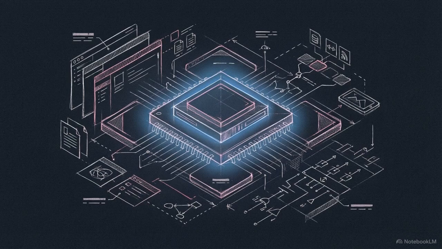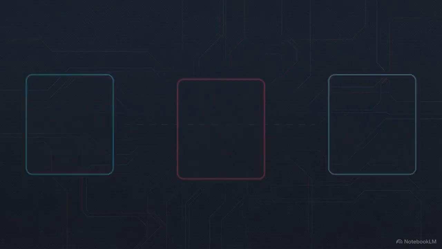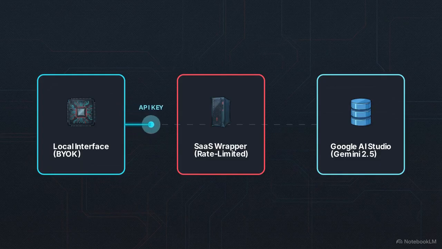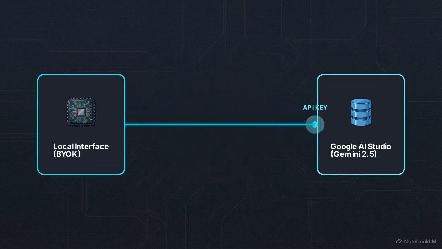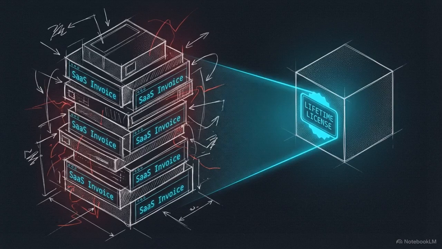VibeTube AI operates as a localized Windows desktop engine. This software utilizes a bring-your-own-key, or BYOK, architecture. By utilizing your own API key, the system bypasses SaaS rate limits and eliminates the need for a recurring billing relationship with a middleman. This shifts the economic model from an infinite subscription to a single permanent $49.99 purchase of